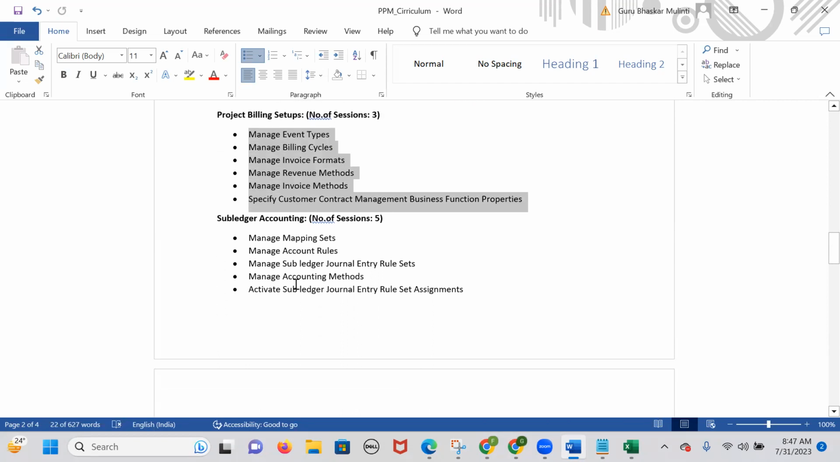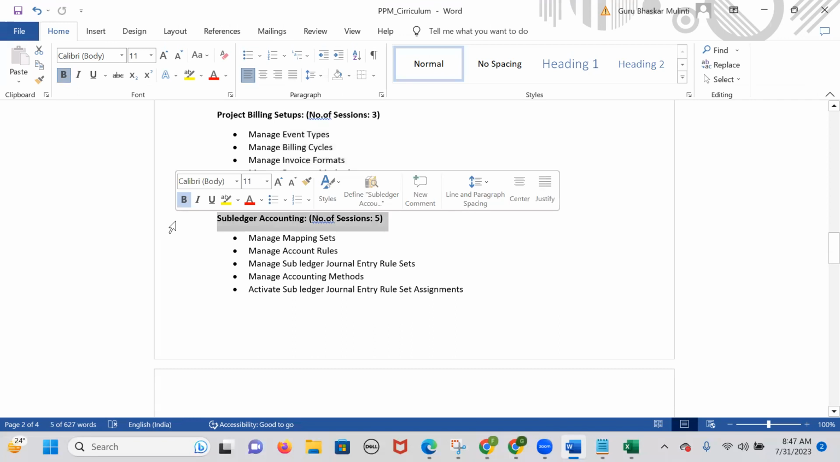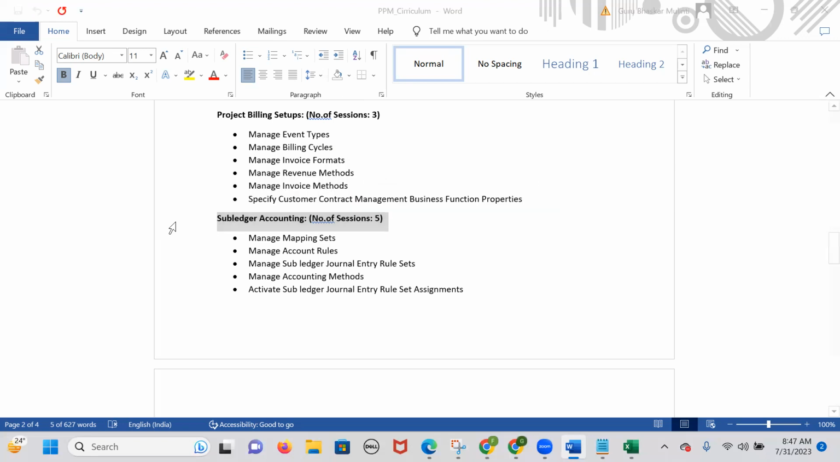Okay, now when coming to the subledger accounting, it's like the heart of the module, not only for the PPM. Irrespective of the module, whether it is financials or SCM or PPM, SLA is the heart of the module, because whenever you do any transaction,